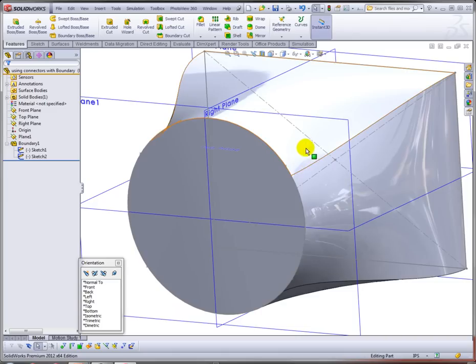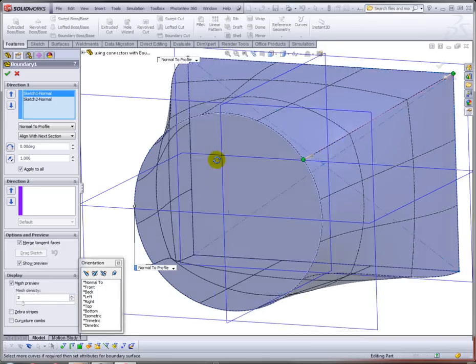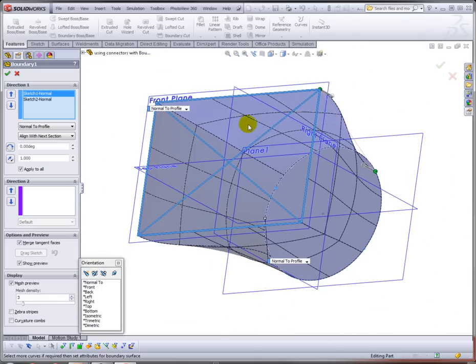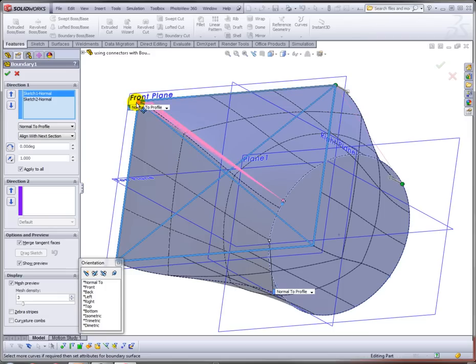So if we go back to our loft and edit it, we can now use these sketch points to snap our initial connector to, but then we can add 3 more to make it perfectly symmetrical. So the way you do that is right-click on one of the profiles, add connector, position it,